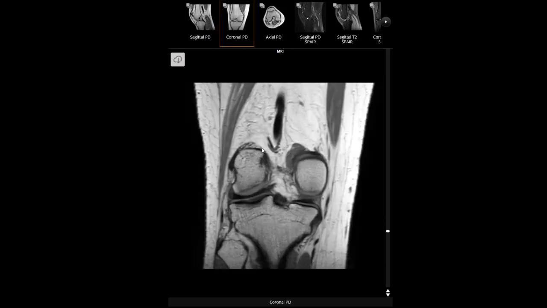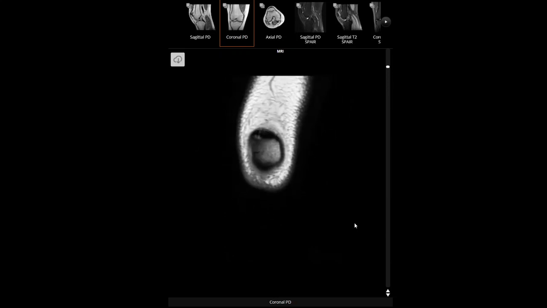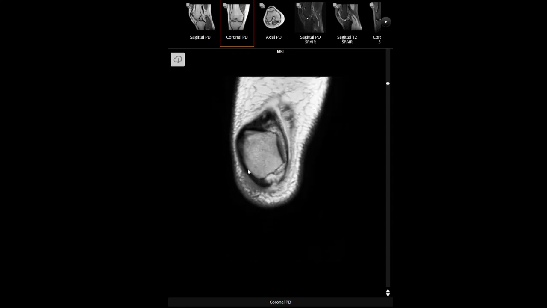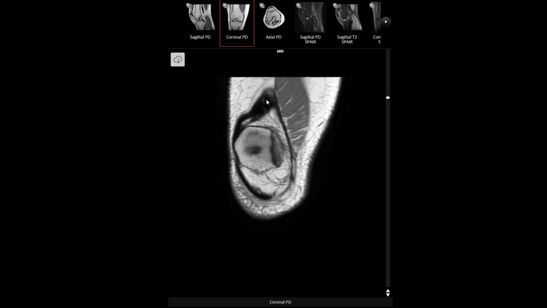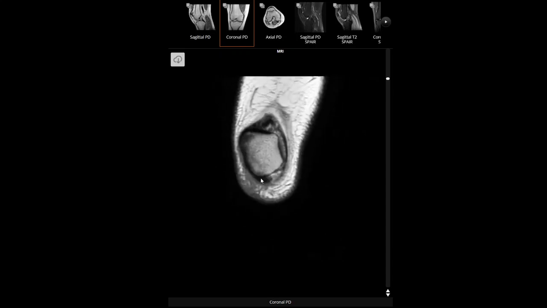In coronal section also, if I move totally anteriorly, now if I am doing a coronal section, we are starting from the anterior most aspect of the knee joint. Now we are able to see that this is the patella. Then as we move the plane of section backwards, we will be able to see that this hypointense structure was the tendon of quadriceps, and this structure which was starting from the apex of patella